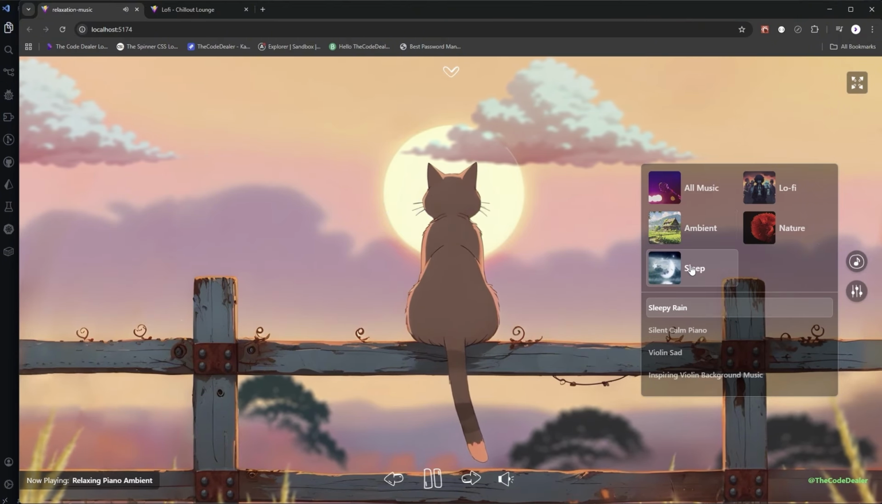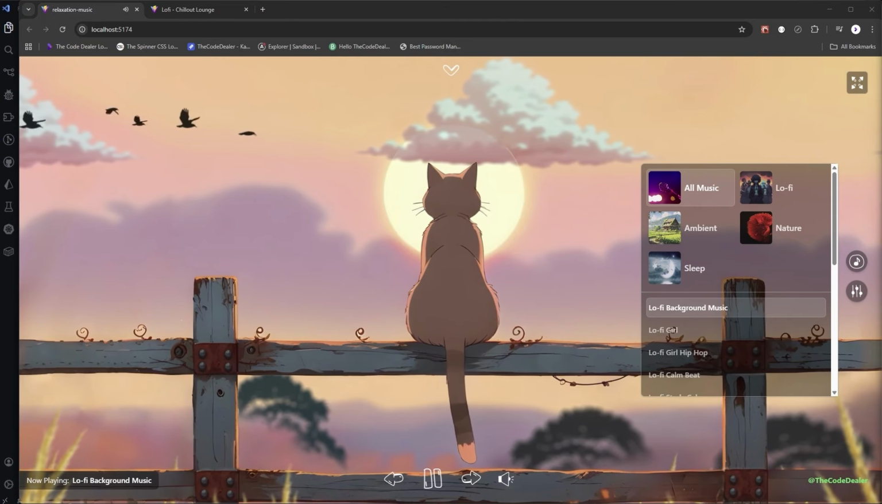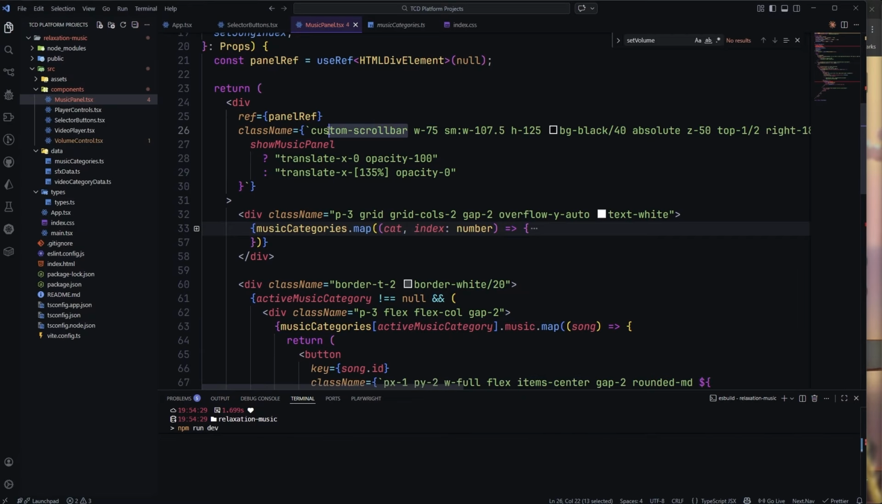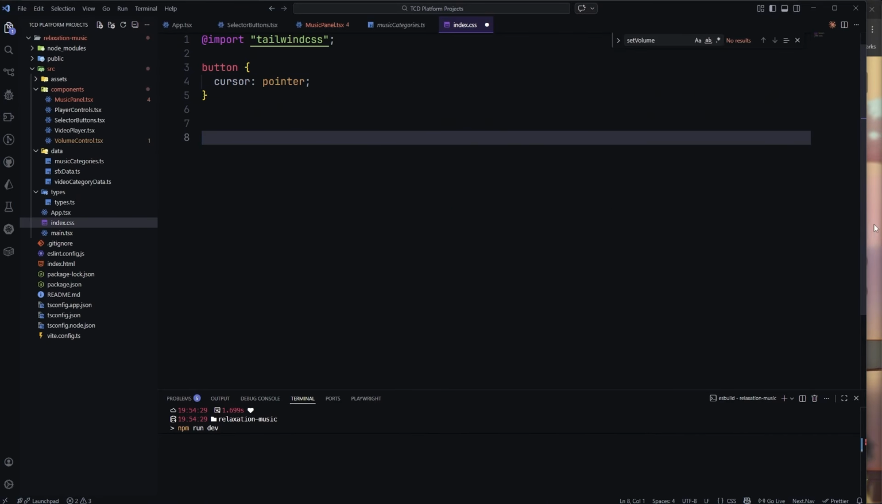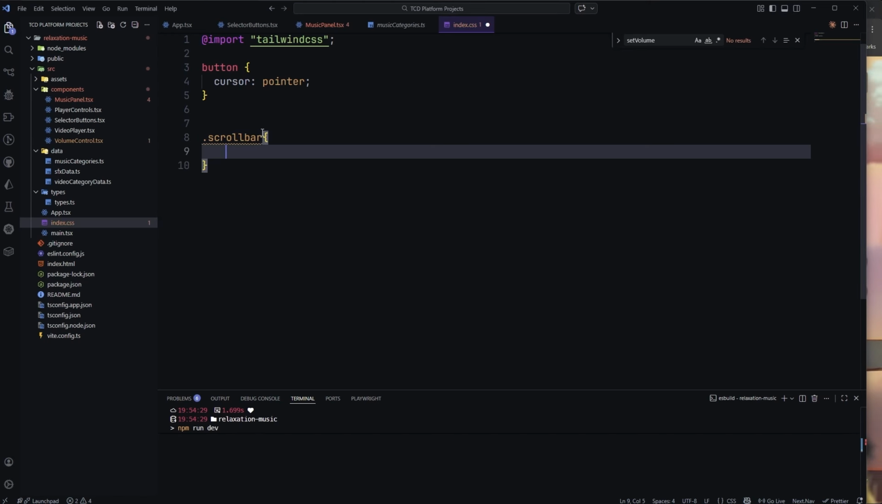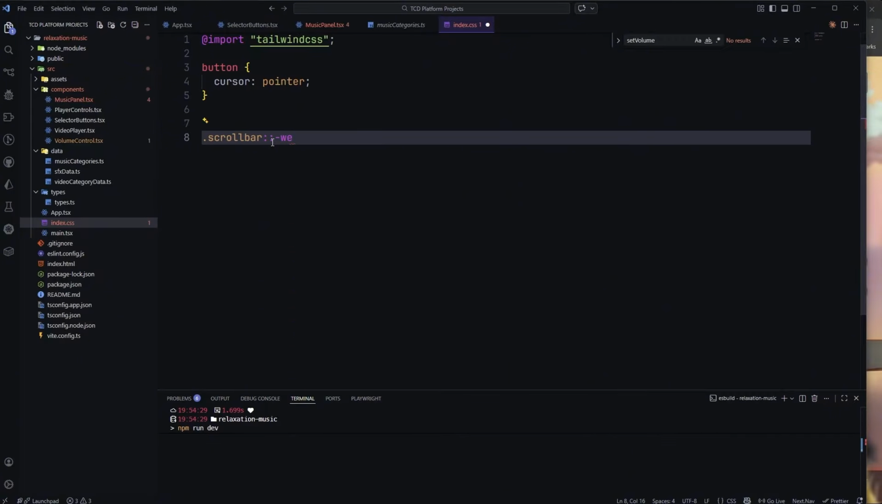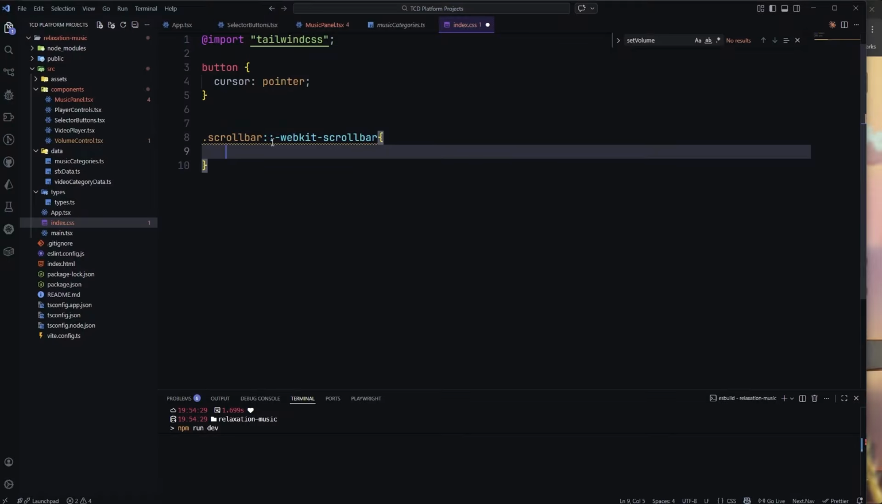Okay, yeah, we can change the playlist, but now we need to work on the custom scroll bar. Remember, we've put the class name custom scroll bar here. Let's go to index CSS. I'm just going to stop the music, and let's paste the class name here. To do a custom scroll bar, we're going to do WebKit scroll bar, like so. I'm going to set the width to 5 pixels,